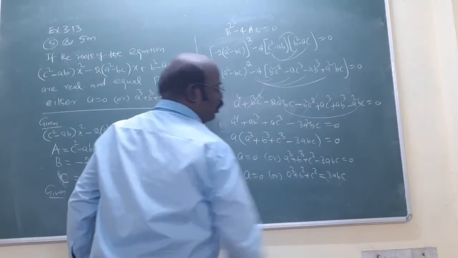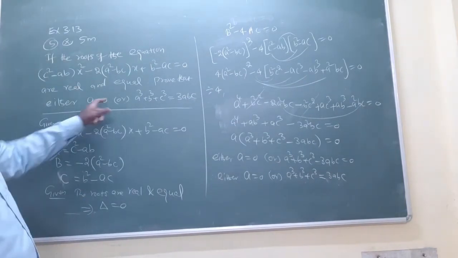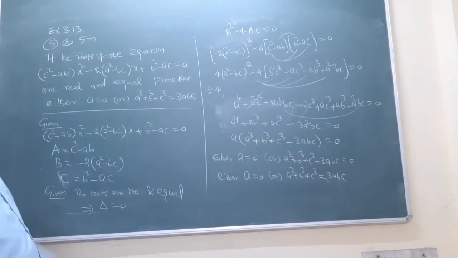ABC 3x equal to 3x. That is the answer. If you want to prove the answer, it is only simplification. Write the formula clearly and just multiply. You got 5 more questions?